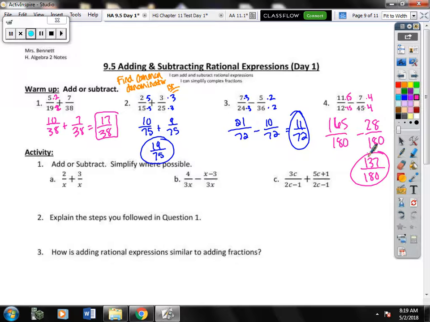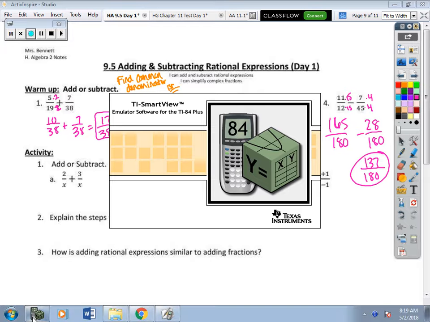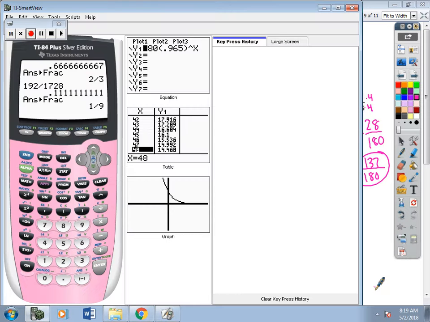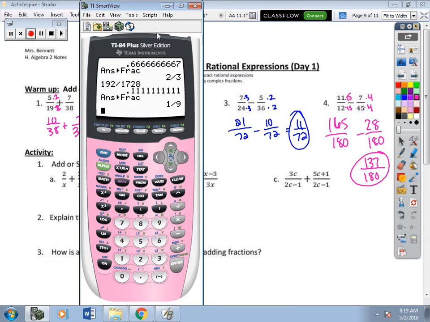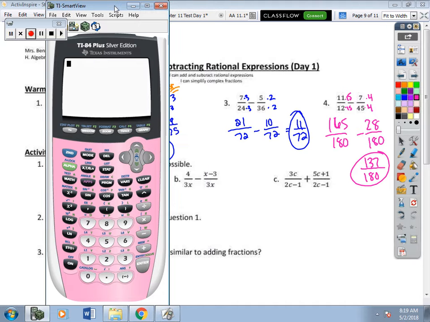Now, I hope that you all know how to add and subtract fractions. I do want to show you, though, because some students say I never knew this. Your calculator could do every single one of these questions for you. So if you wanted to, or if you're someone who struggles with fractions, and even just to help you on the SAT, if this was the calculator part, I'd just like to show you, even though we should all know how to do these things by hand, just like we did,